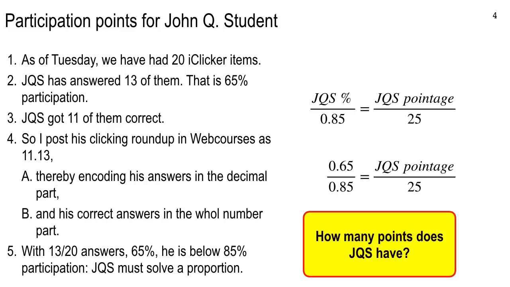Now, when you get your roundup numbers this weekend, you might have 0.71 for 71%. And if you have 0.86 for 86%, ding, you're done. You don't have to do anything because that's above 85%. So anytime you come in at 0.85 or higher, just write down 25 points out of 25 for me. This is only if you're below 85%.